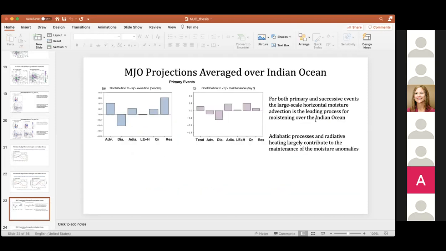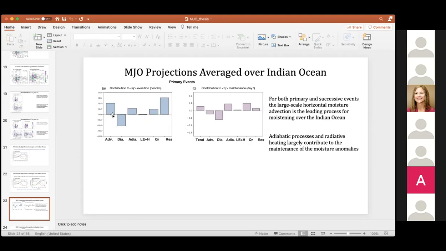So we can estimate the contributions of each of these processes to MJO initiation by performing projections. On the top shows both primary events. The blue bars are the contributions to moisture evolution, and the purple bars represent the contribution to moisture anomaly maintenance. If we first look at the contribution to evolution, again, to no surprise, we see that advection is one of the leading terms